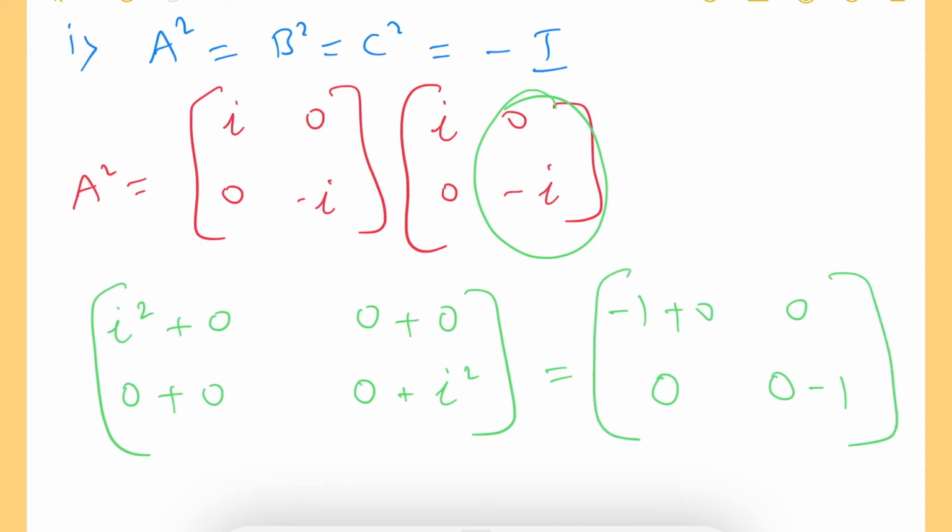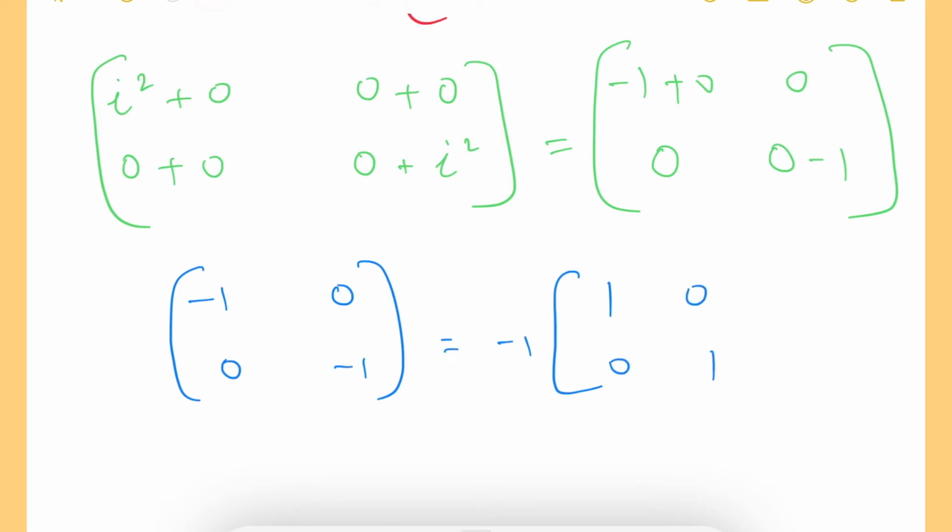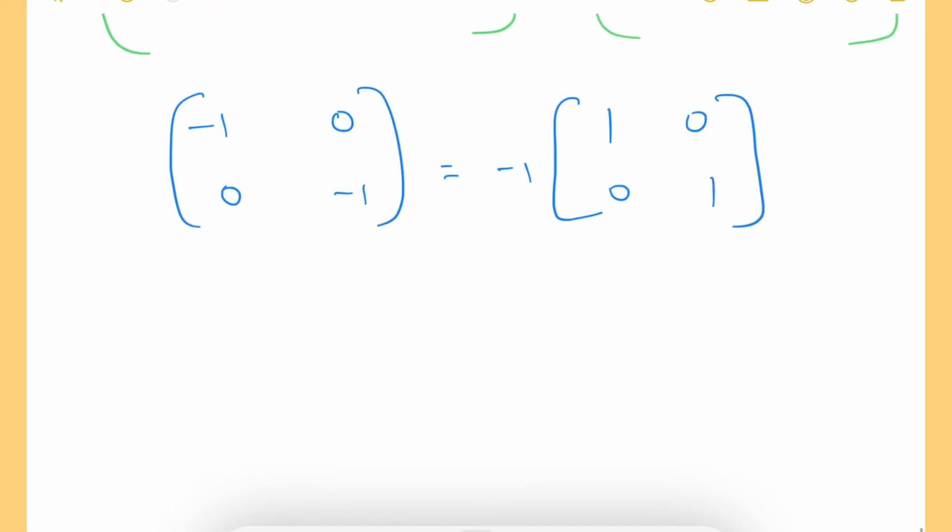So still we can simplify this further: [minus 1, 0; 0, minus 1]. Same as the previous question, I will take out minus 1 common, then we remain with [1, 0; 0, 1]. Then that is nothing but minus 1 into [1, 0; 0, 1], which is the identity matrix, represented with capital I. Minus 1 into I is minus I, hence proved. Because in the question only he asked us to show that A square equals minus I. Okay, now let us do the B square value then.